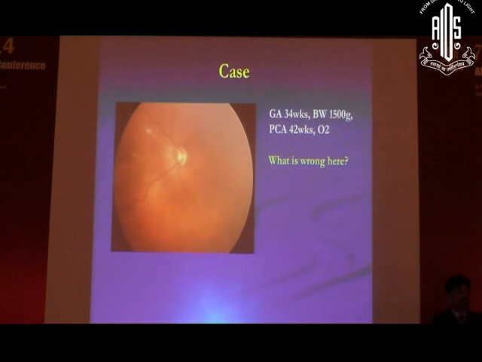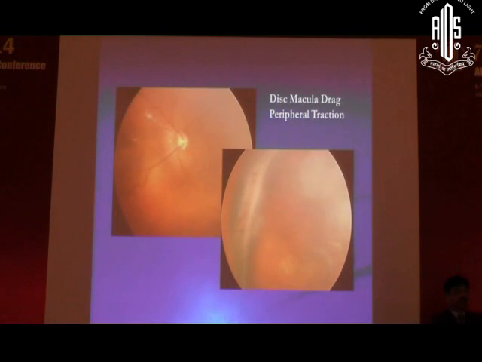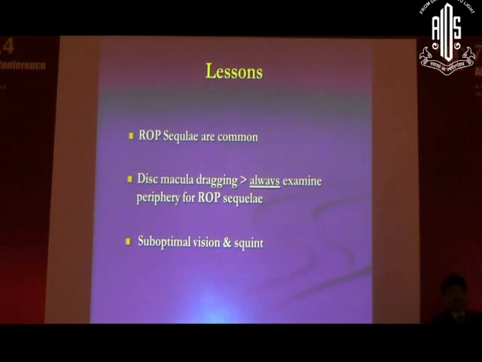Let's say in this case, typically you see in some of the babies who come to you with squint or with diminished vision, things like that. You look behind, and you see the child has a dragged disc. Typically bigger babies come with this kind of picture, and you need to see what went wrong. So you should always examine the periphery of these babies, and if you do, you might see areas like this. These are all sequelae of ROP, zone 2, zone 3. You might have some fibrotic areas that regressed spontaneously and have sequelae, and some fibrotic areas, which is called a dragged disc macular band. So you should always examine the periphery for ROP sequelae.